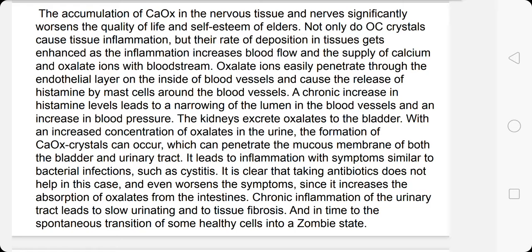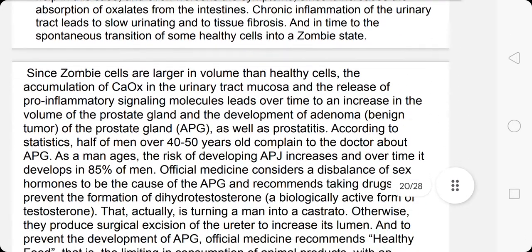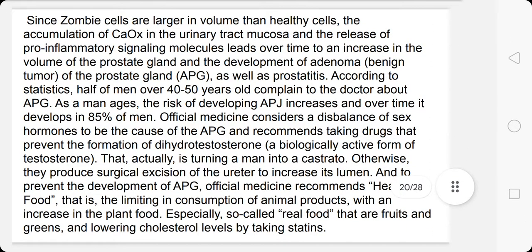Chronic inflammation of the urinary tract leads to slow urination and tissue fibrosis, and in time to the spontaneous transition of some healthy cells into a zombie state. This is a big topic about the accumulation of so-called zombie cells, which I can talk about in special videos. Aging of the human body is happening in part because of the accumulation of